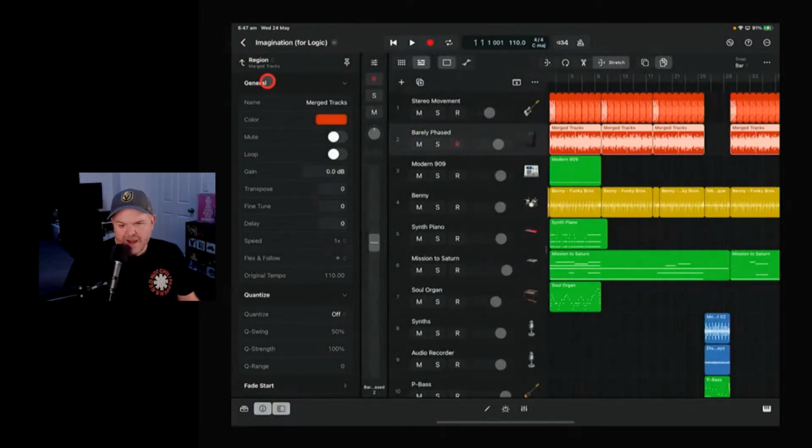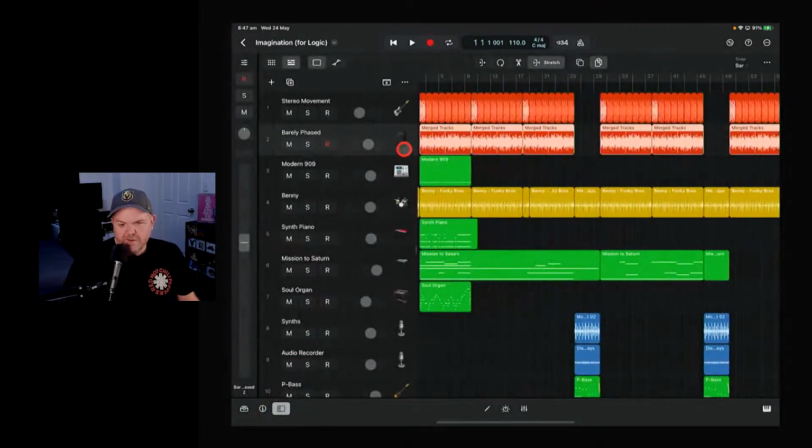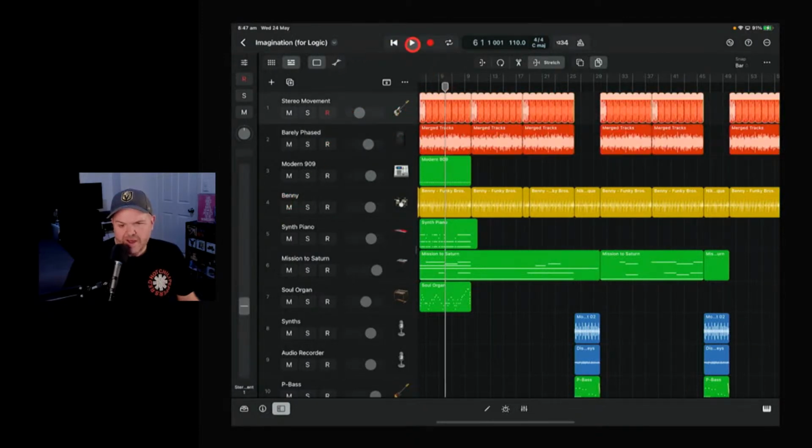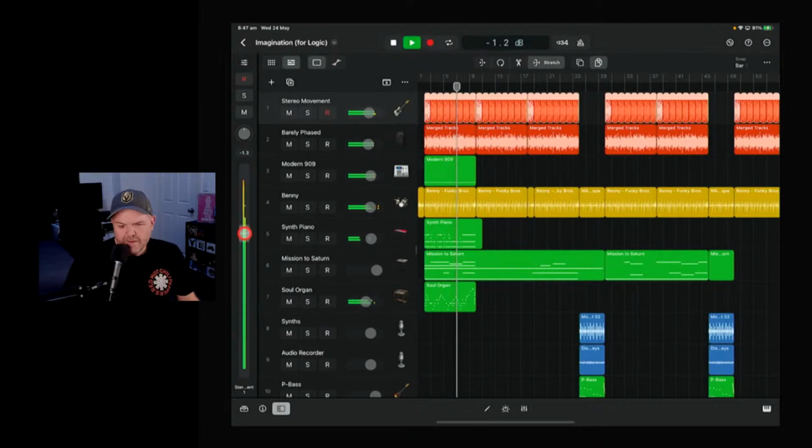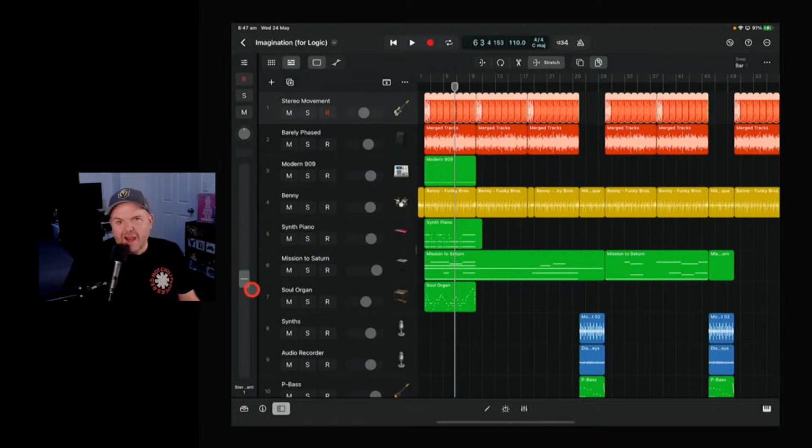Down the bottom here, we'll get rid of the inspector. We've got a fader view. This is cool because if you're just doing a basic rough mix and you want to adjust one of your sounds here, you can actually have a more accurate view. And look at that. See how it turned orange? That's clip. It means you can actually see if you have a clip. You can tap it off there, and when we get to the mixer, you have clip metering in the mixer as well. Unlike GarageBand and other DAWs where you just have to wing it and guess, which is not the best idea. We'll turn that one off.